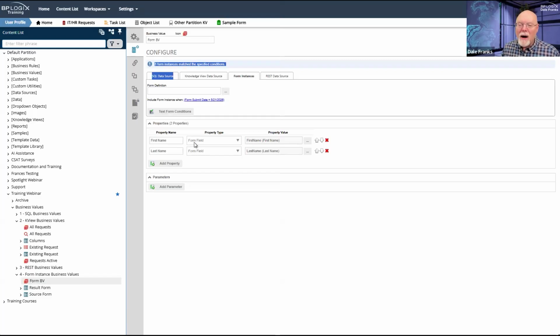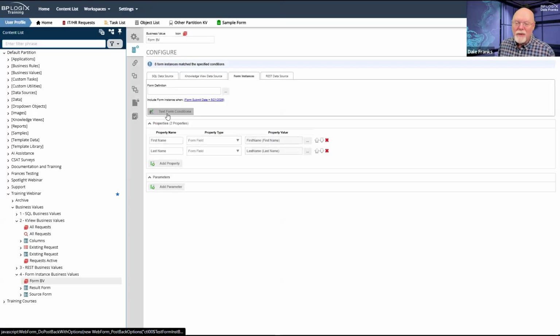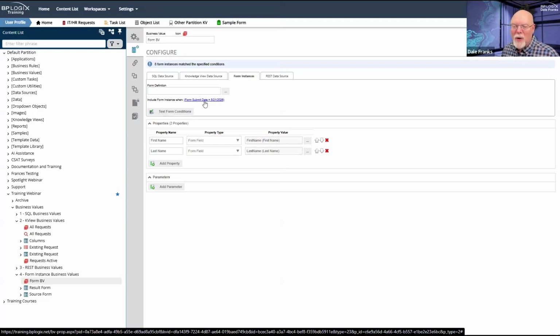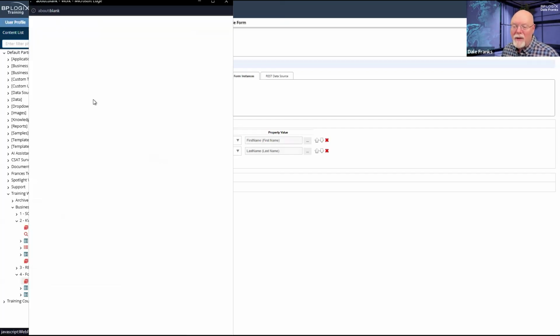So right now I have 8 form instances total. And if I click this, include form instance when form submit equals, it still says 8 instances matched my condition. Not sure that's correct. Oh, well, it reset the form definition too.